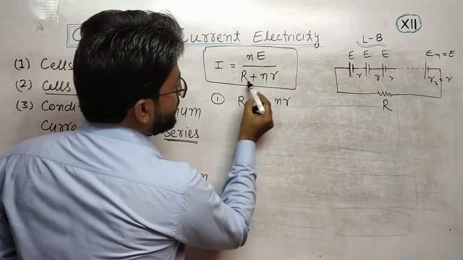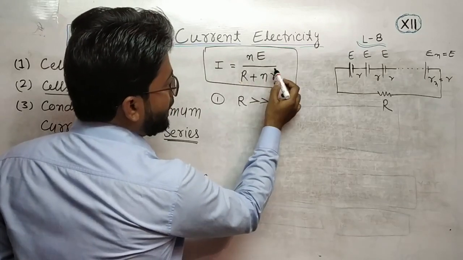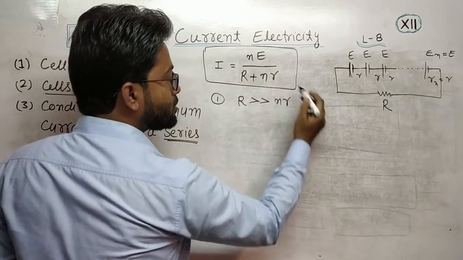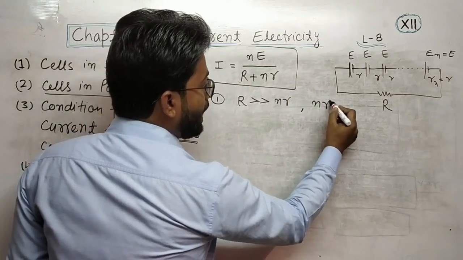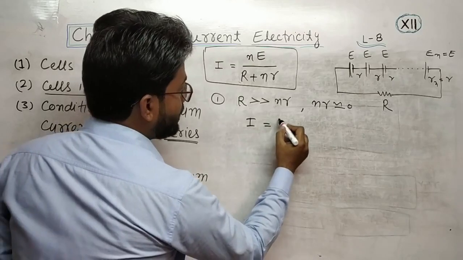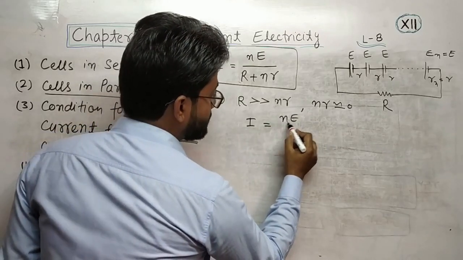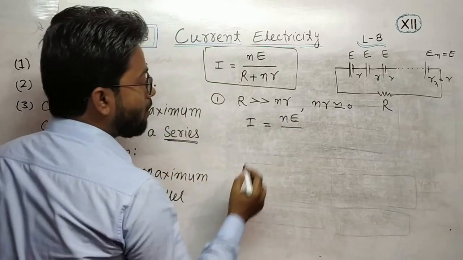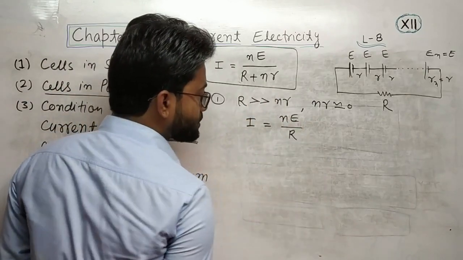If R is very much greater than nr, then nr is approximately equal to 0. The current will be equal to n times E upon R,